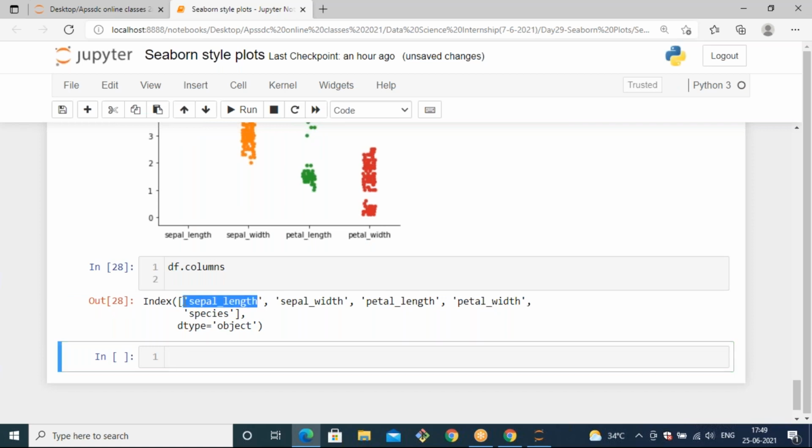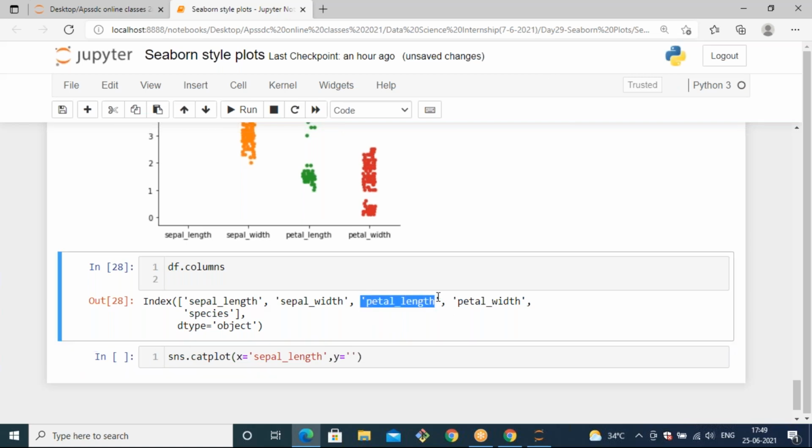So I'm using one parameter as the x. sns.catplot, where x is my sepal length here, and y, you can take any other parameter. I'm taking y as petal length.